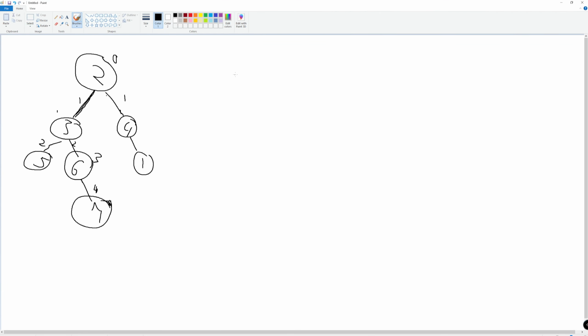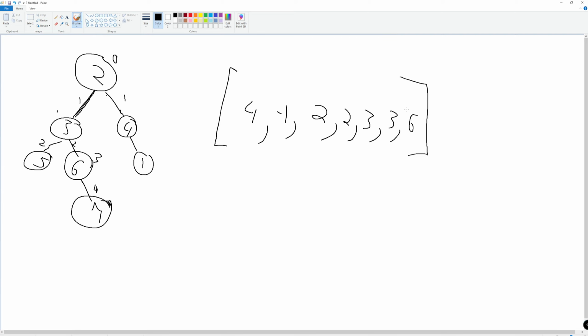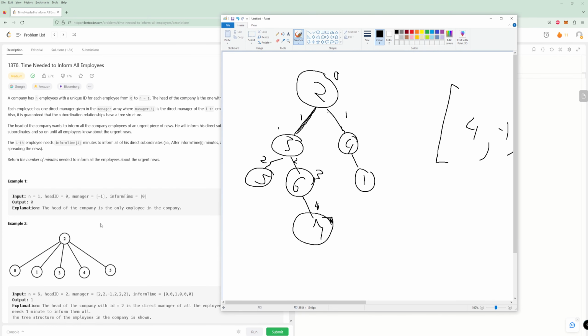So let's just say now we do have 1 through 7. And remember, the manager is the number. For 1, the manager is 4. So it would be 4. For 2, the manager is no one, so -1. For 3, the manager is 2. For 4, the manager is 2. For 5, the manager is 3. And then for 6, the manager is 3. For 7, the manager is 6. And so that's what the array would look like, where these values are the manager, and the index is